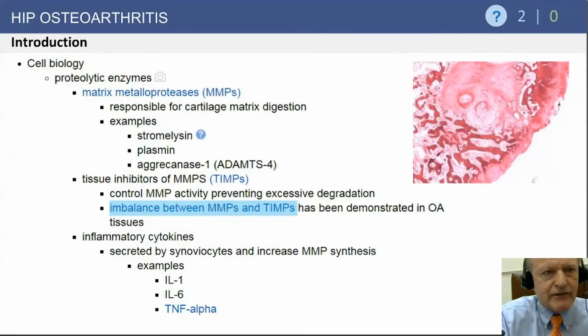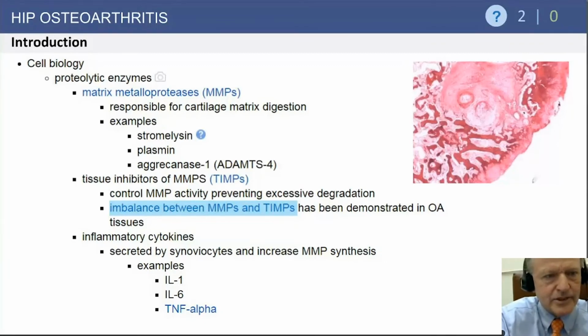I think you might see a few questions on how cartilage gets destroyed, and the proteolytic enzymes, the MMPs, matrix metalloproteinases, are important. These three that are mentioned, stromelysin, plasmin, aggrecanase, are ones that have been on questions. I think you also need to know that the inhibitors of these MMPs are the TIMPs, and that osteoarthritis is believed to be due to an imbalance between MMPs and